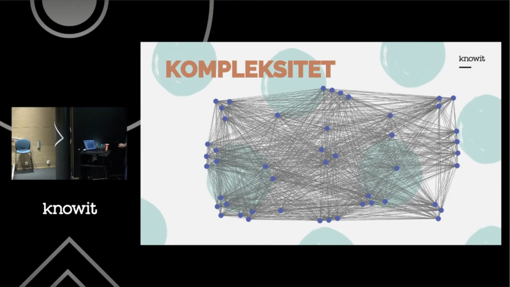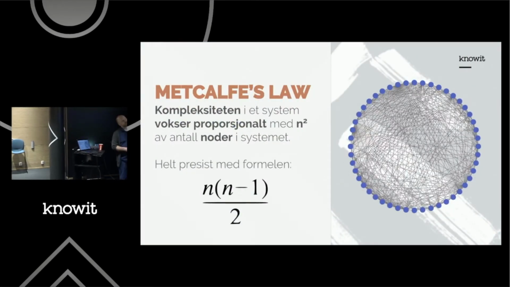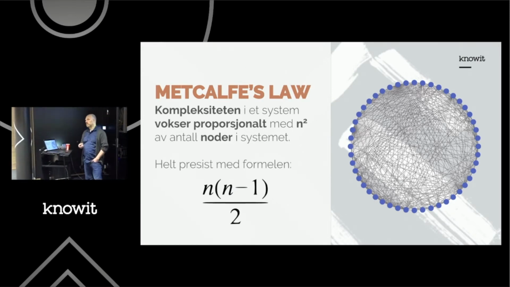So these two graphs are actually the same graph. This is an illustration of this graph with direct integration between all nodes in the system. This can be objects in a big object-oriented or class hierarchy system, or it can be integrations between separate modules or microservices in a microservice-based system. The point is that the more nodes you get, the higher the complexity of maintaining this becomes.